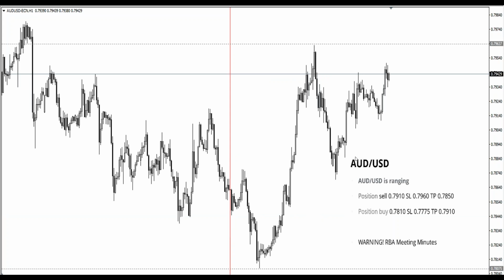Australian dollar was good. Actually, it is a rare occasion that Australian dollar is so profitable. And here you see Australian dollar 79.10, sell. 79.60 was the stop, but it was not initiated. Actually, we had a buy setup here, 78.10 to the pip. Very, very good rejection. And Australian dollar was the trade of the week, providing huge amounts of possible pips after the RBA meeting minutes. So we had some nice trades on Australian dollar.